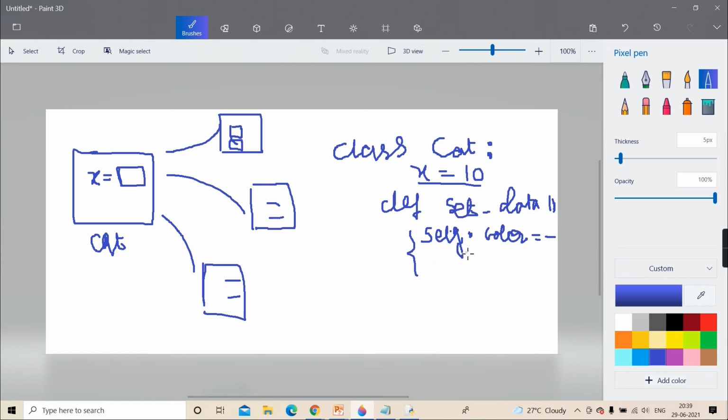Now some may ask, what is that self? Again, in C++ and Java it is very much the same: if you remember the this pointer or this object, it is the same. Don't worry, we are coming to the topic of self. What do you mean by self? What is the significance of self? I'll come to it.